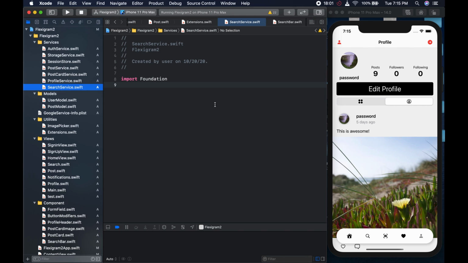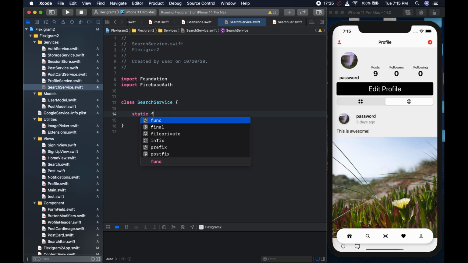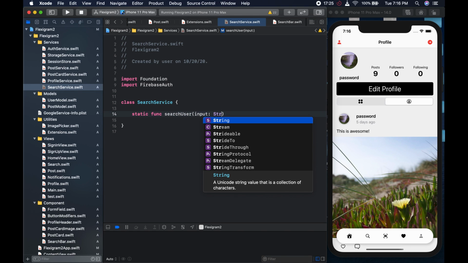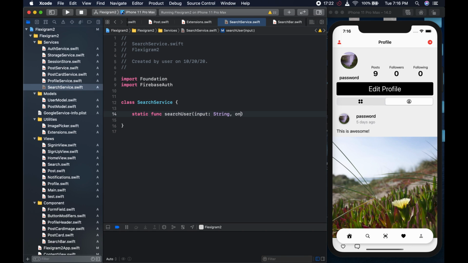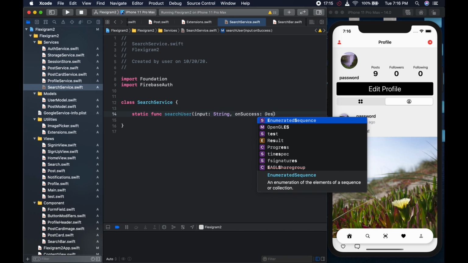And what the search service is going to do is we're going to import FirebaseAuth, like so, and we're going to say class SearchService, like so, and we're going to create a function to search the user, right? And we're going to call this static. We want to access it from anywhere. I think we've covered that before. We're going to call it searchUser, and it's going to have an input, like so, and the input is going to be of type string, and on success we are going to have, we could say @escaping, it will